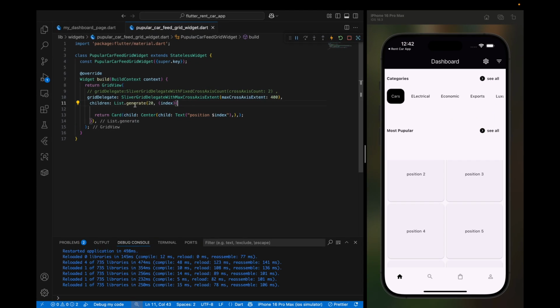As you can see, there is not much to working with the GridView widget. It's the same process as we did with a ListView widget. The only difference now is that we have to provide this gridDelegate property right here. So let's comment this one. Let's uncomment this. And now let's see how we can work with